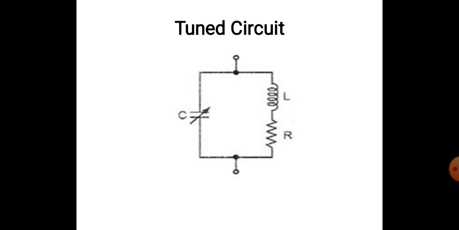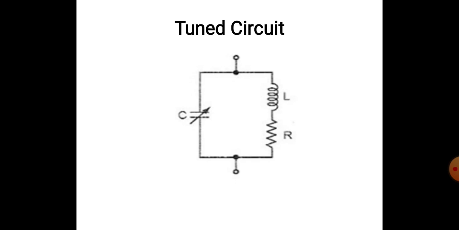What is a tuned circuit? It is nothing but a parallel combination of inductance and capacitance. It is generally referred to as a tank circuit. And why are these two elements used for tuning? As we know, inductive reactance is directly proportional to frequency and capacitive reactance is inversely proportional to frequency. Hence, inductance and capacitance are frequency dependent components. Hence, in order to tune a particular range of frequency signal, these two elements are very much needed. And the tuned amplifier is further classified based on this tuned circuit.